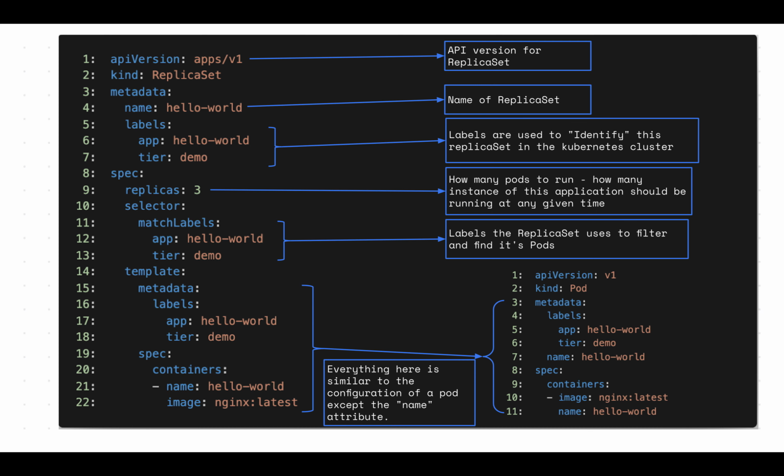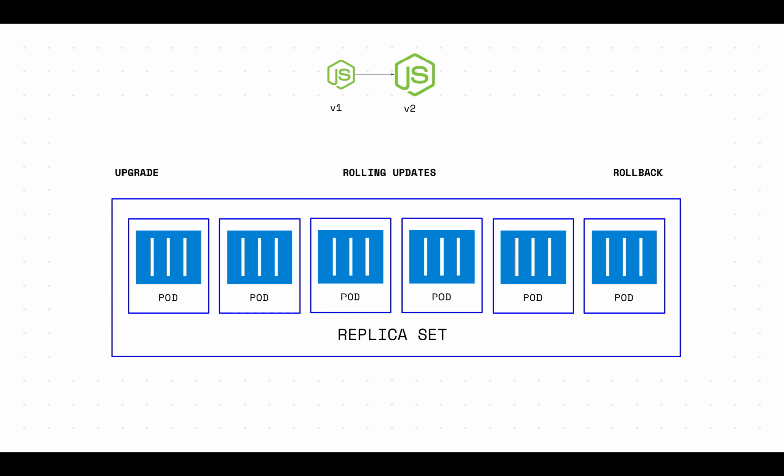Moving on. Now let's look at a scenario where you want to upgrade your application. Maybe you made a change, you made a commit to GitHub, and you want to push this change to the Kubernetes cluster. Now you have version 1 of an application. You want to move to version 2 of that same application. Now you have to worry about an upgrade.